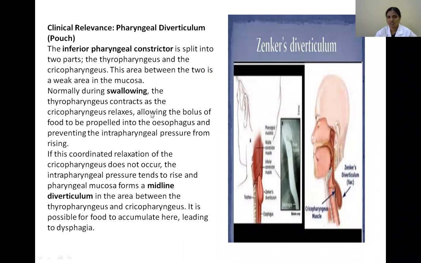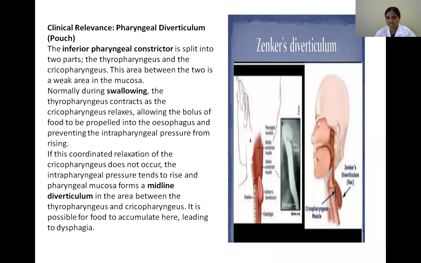So what is the importance? What is the function of these constrictors? During deglutition, once the food enters into the pharynx, the contraction of the muscle is involuntary, meaning reflexly the muscles will be contracted. First, the longitudinal muscles are contracted, thereby the pharynx shortens and widens, followed by the contraction of the constrictor muscles. So all three constrictor muscles contract, thereby a peristaltic wave is produced gradually downwards.